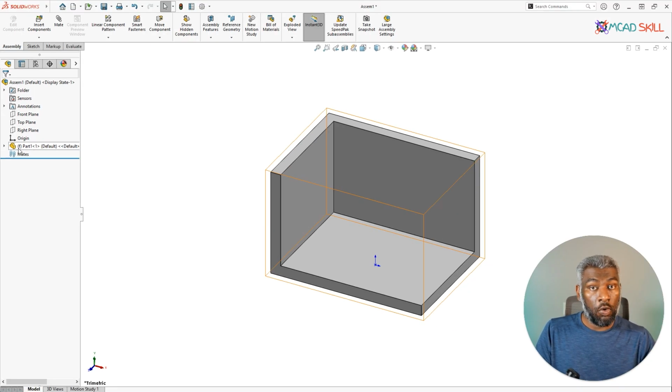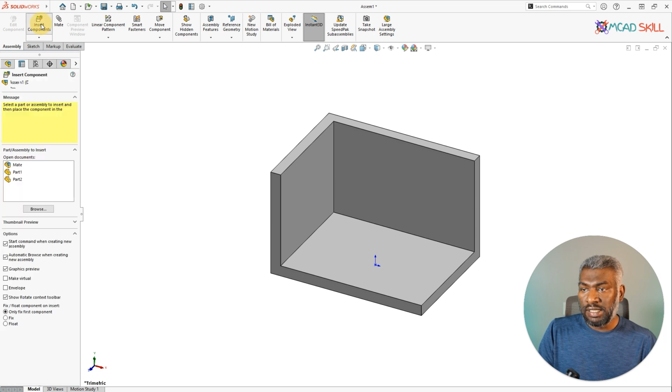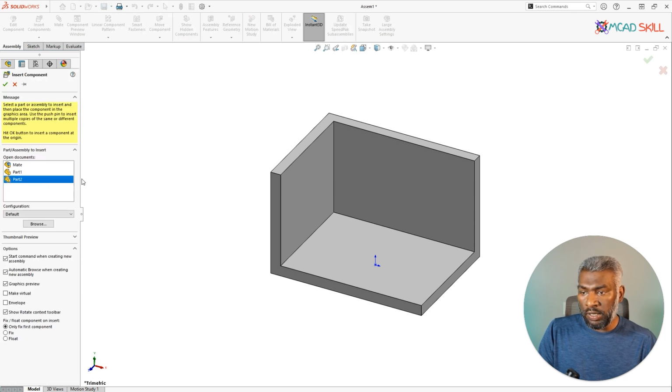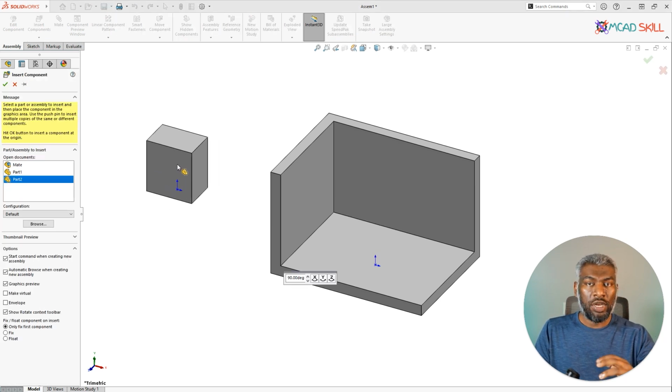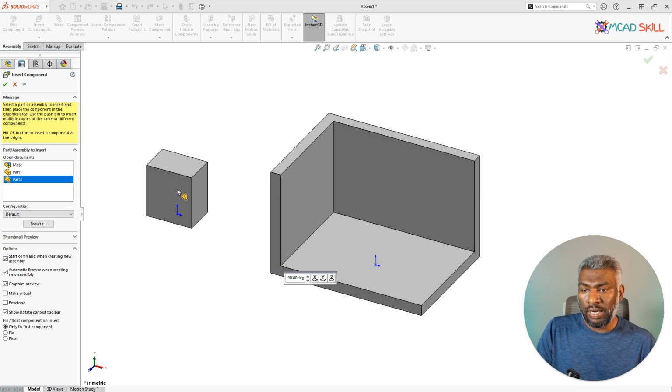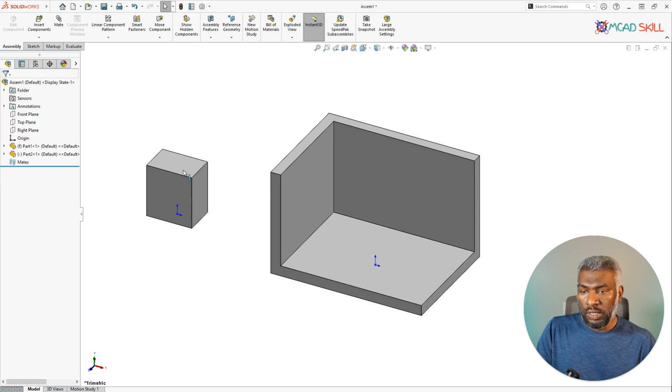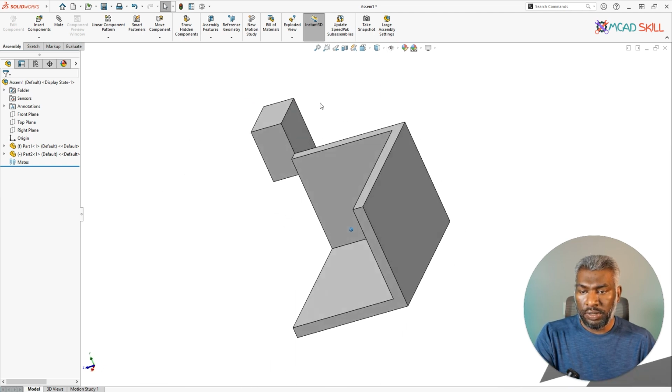Now I'm going to add more parts. Activate the Insert Components tool, select part 2. This time I don't need to fix this part with any origin. I want to place this second part based on this first part. So just simply randomly select any point inside this 3D space. And I don't need to see these origins anymore, so let's hide them. Now if you take a look into this assembly file,